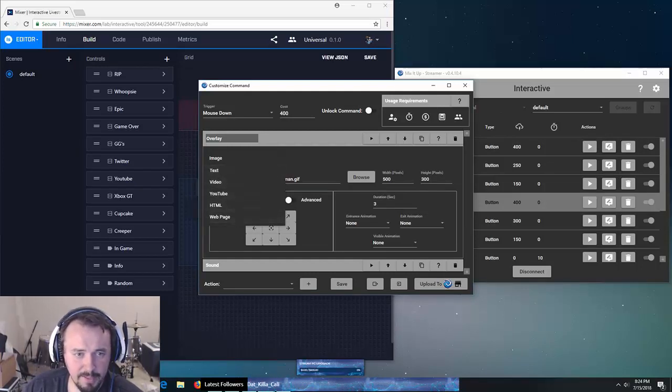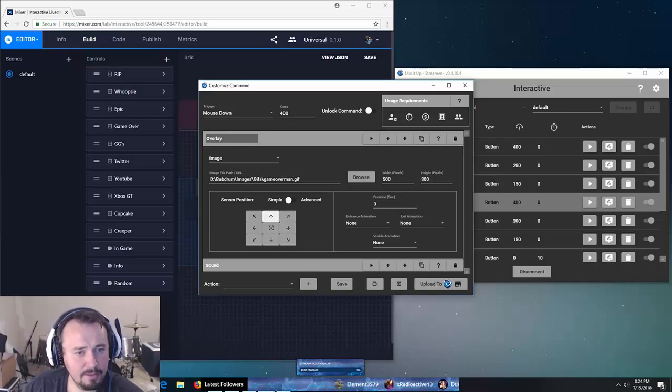So for the purposes of me, I use images, I use GIFs, and then you'll put in the path to that particular GIF or image file. Could be JPEG, could be anything. So you'll put in your path here,